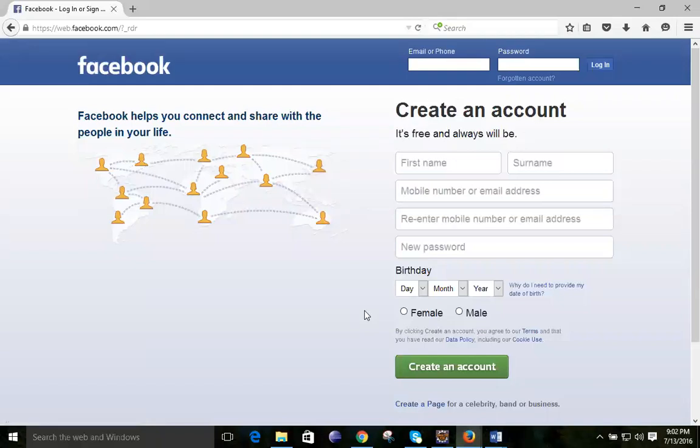Facebook page is open. See, it is pointing to the email and it will take the first value. Whatever value you have given, it will take. Then it will try to log in.